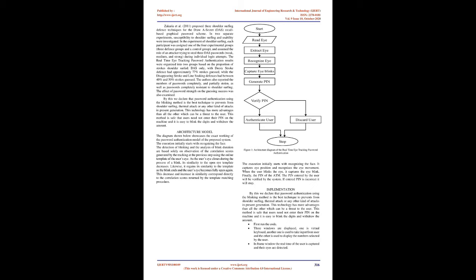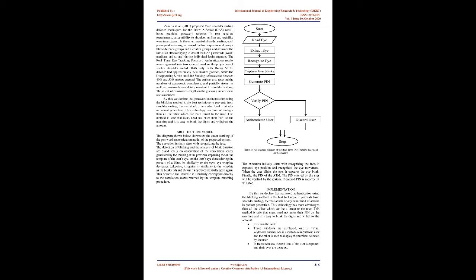In 2 separate experiments, susceptibility to shoulder surfing and usability were investigated. In the experiment of shoulder surfing, each participant was assigned one of the 4 experimental groups, 3 defense groups and a control group, and assumed the role of an attacker trying to steal 3 DAS passwords, weak, medium, and strong, during individual login attempts. The results were organized into 2 groups based on the proportion of